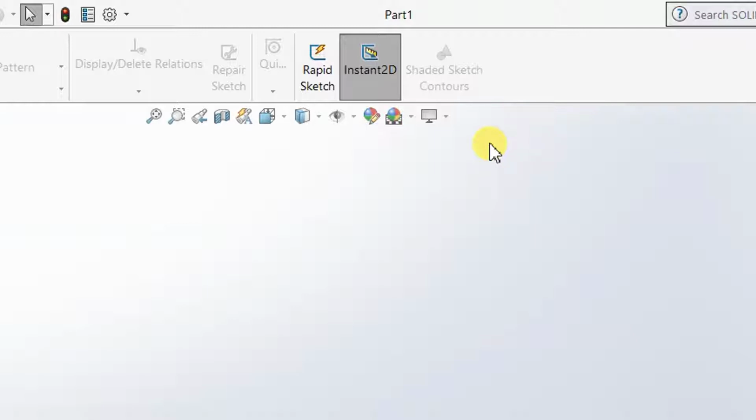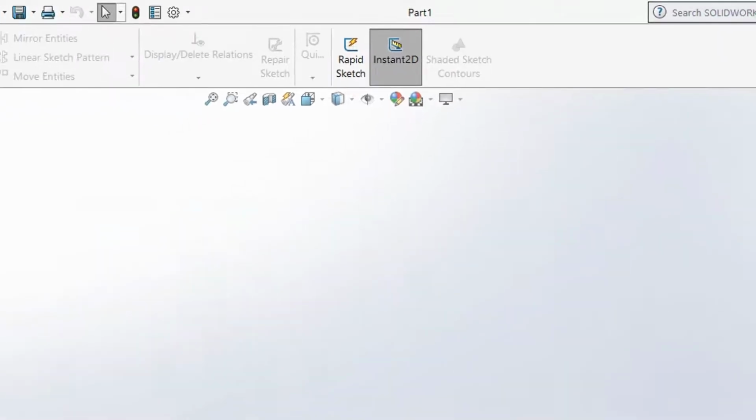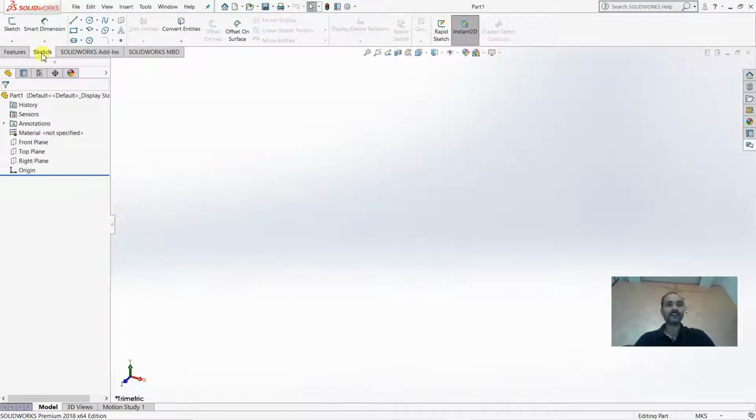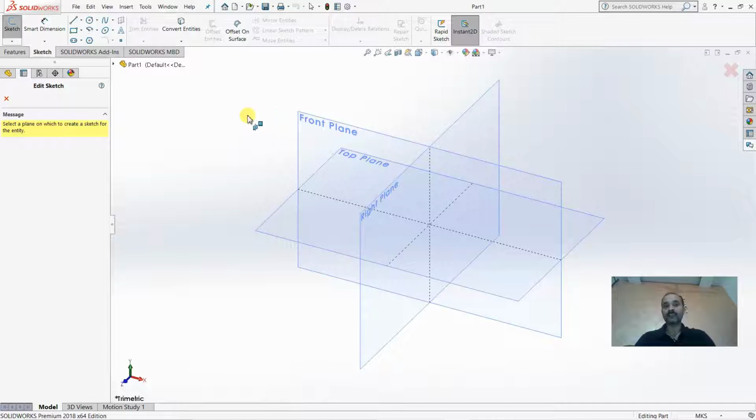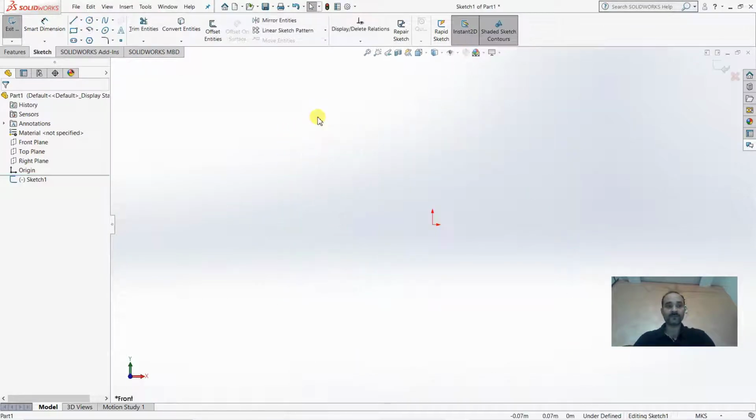in that particular command. One more thing you have to take care of: after clicking the sketch tab, you have to click on sketch. If you don't click on sketch, then the 3D coordinate selection pane will not appear. When you click sketch, you will get the option of choosing which plane you want to create a drawing on. I will select the front plane from here. Then this sketch icon will be converted to exit sketch. It means you are in the sketching interface.